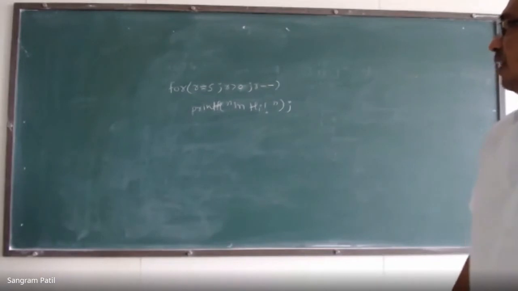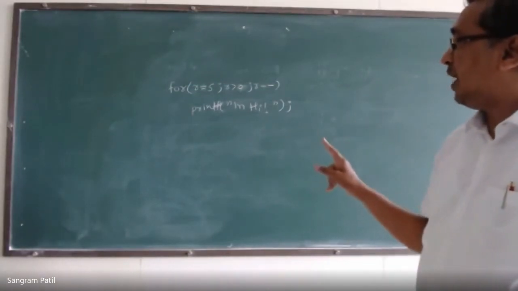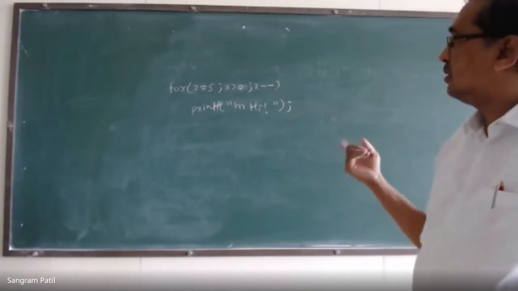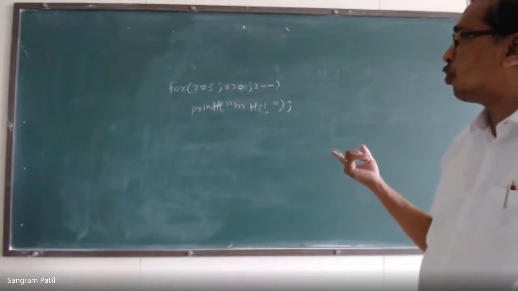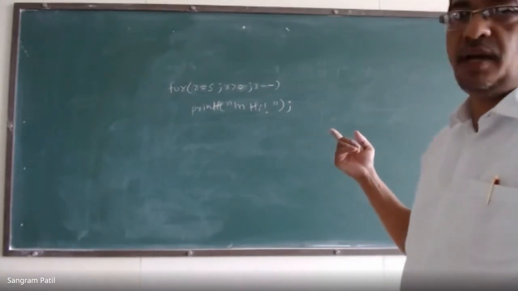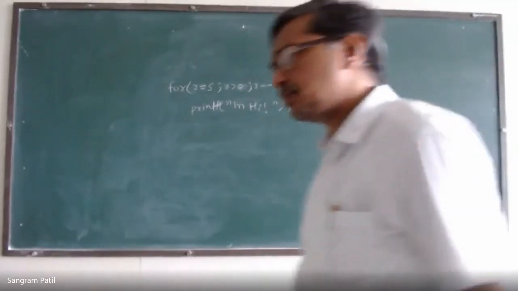R is equal to 5, R is greater than 0, R minus minus. Value of R is 5, greater than 0, yes, it will print high. R minus minus. Value of R becomes 4, greater than 0, yes, it will print high. R minus minus, R becomes 3, greater than 0, yes. Like this it will go, simple. But for the exam point of view,